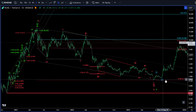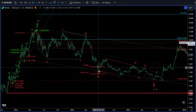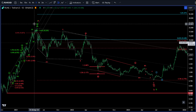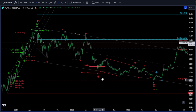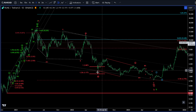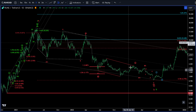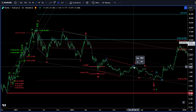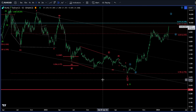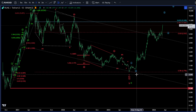So we had a WXY correction here is my best fit. We had an A running flat for our B, C wave for our W. Nice separation there for our 5 waves down, as you can see. I then put my trend line on from our A to our B off of our top of our 5 off the B wave, and extend it out off our W wave, right? We got another running flat, best way I have it fit, and then a flat to complete as an ABC for our Y. And you can see we ticked right off of our trend line, had a reversal, and we